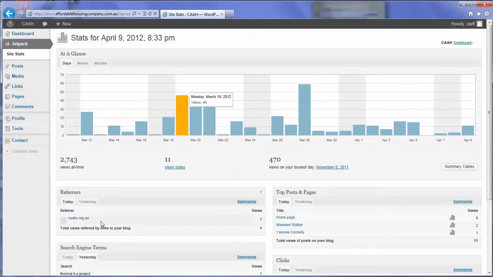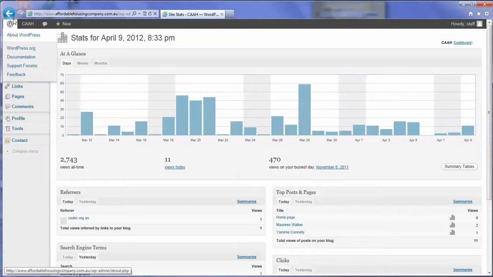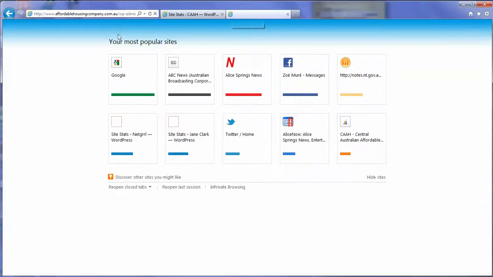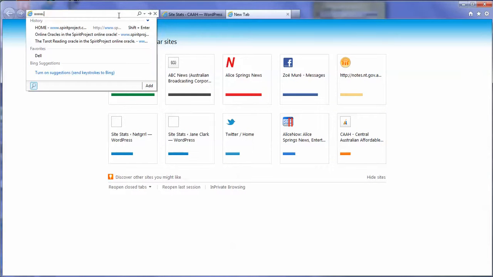Okay, so the most important thing for you to know is how to actually make changes to a web page. So this is the actual bare bones of how to do it, the absolute basics. Once you're logged in, there's this grey bar appears at the top of your page. Now when I go to have a look at the website, so I'll open a new tab and go to Affordable Housing